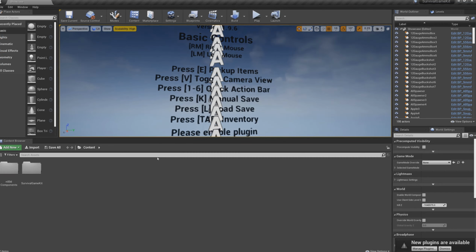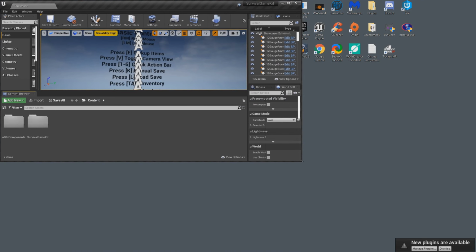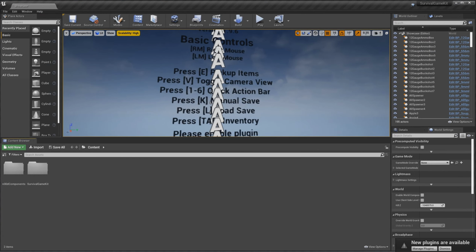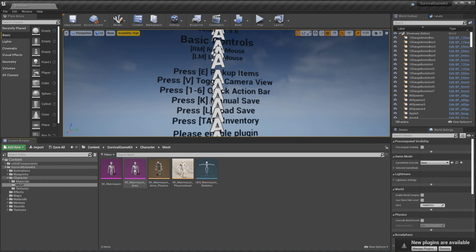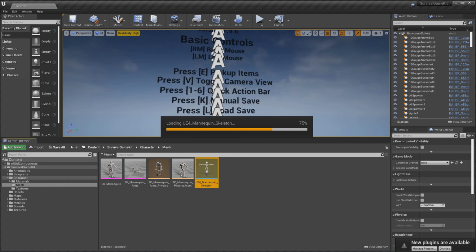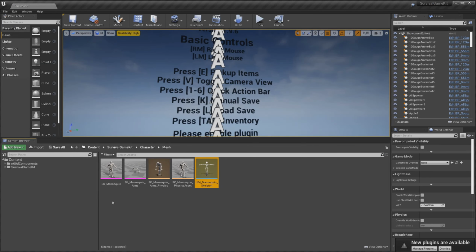So first of all, I'll make this a little bit smaller so it fits in the video properly. First of all, I'll click over here to expand this, but to go to survival game kits, character, meshes, and open the survival game kit mannequin. I'll send that down for a minute. Then we'll go to the N00dHolster one,